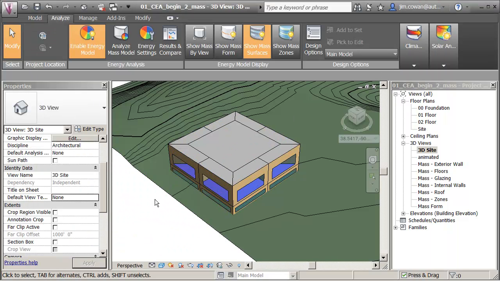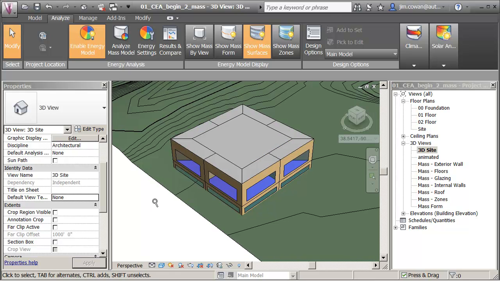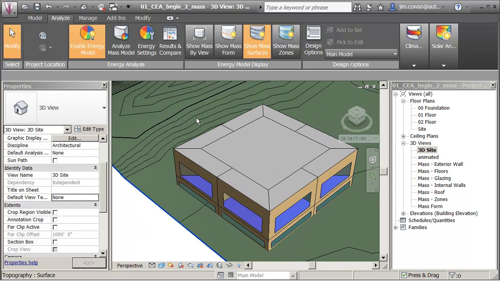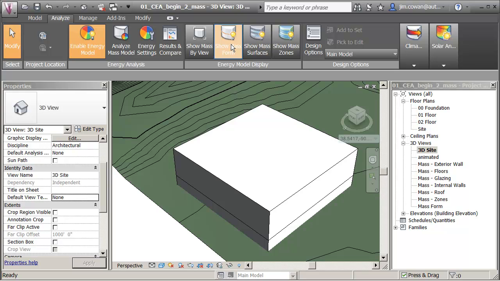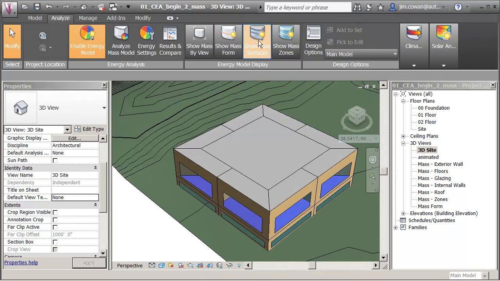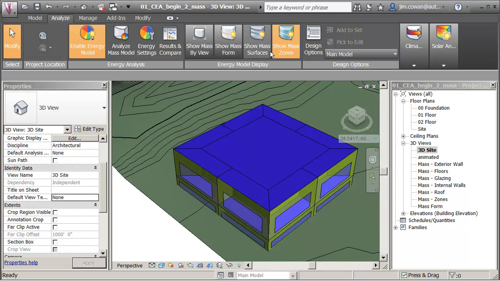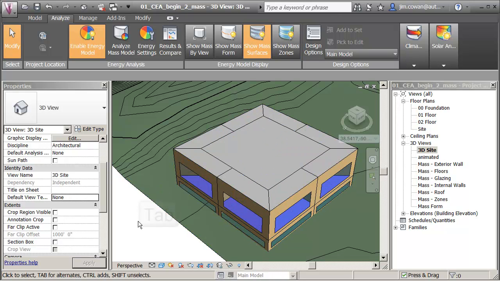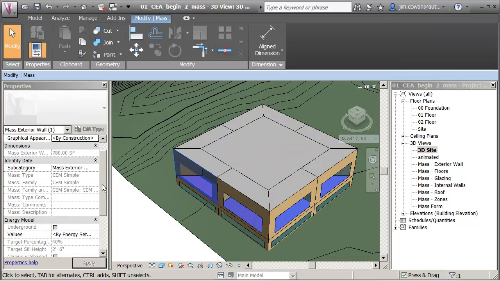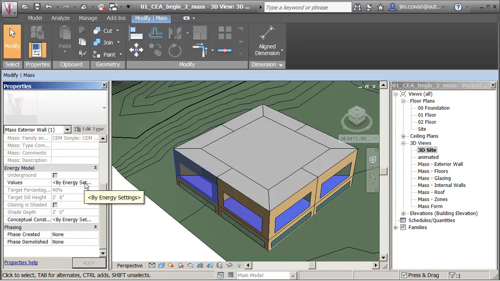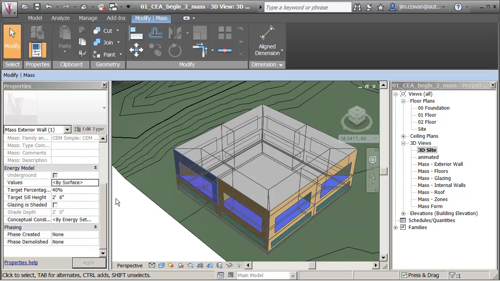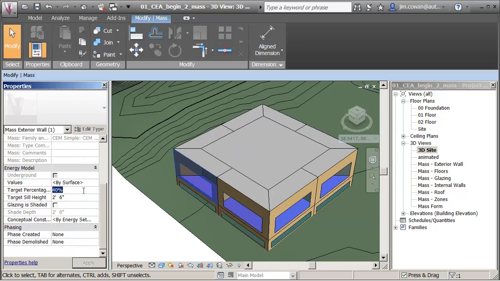Now I can follow on from doing the analysis at the macro level by working in a bit more detail at the micro level. You see if I can control the display by going mass form, surfaces or zones. And if I'm working on surfaces, I can use the tab key to select the surface. I can come down and I can change the value from use the energy settings to let me provide values by face. So what I'm going to do is, let's say I set the percentage glazing to 80%,